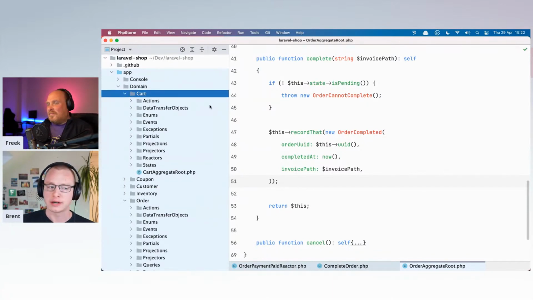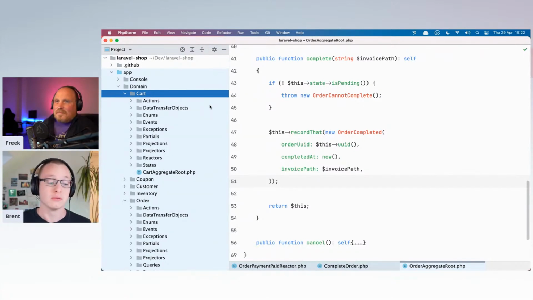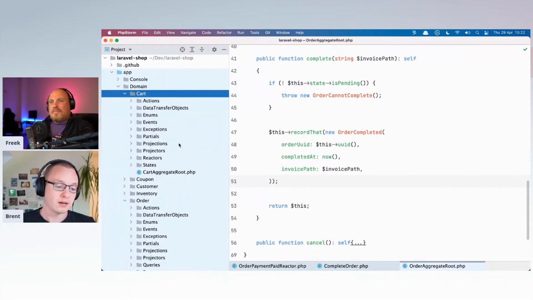I mentioned this before: a projection is just one interpretation of the event stream. It's like a window looking into the event stream, and you can make whatever you want with projections. You could store HTML files, but usually, most of the time, those are database records.